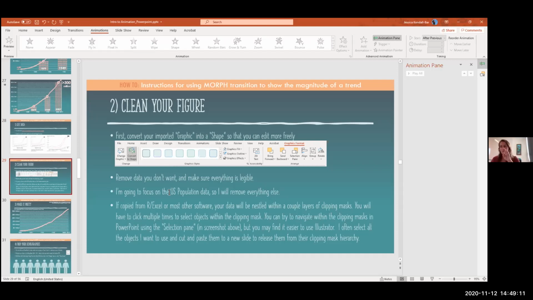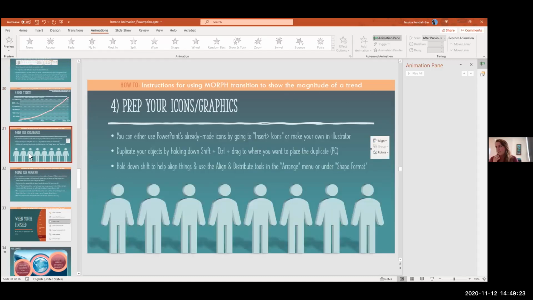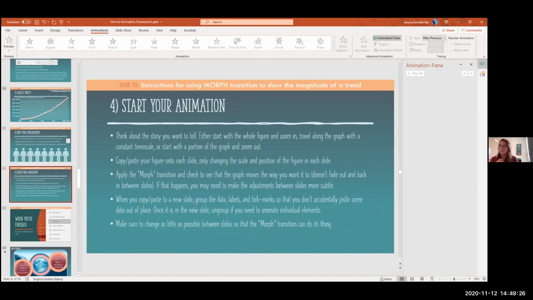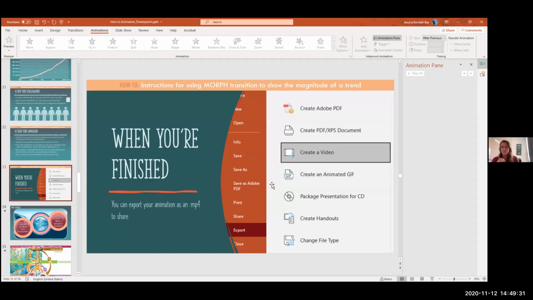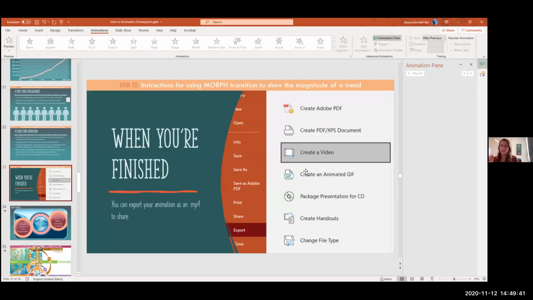So sometimes when you want to select something, you have to select it like a million times to get to the very depths of the figure and the clipping mask. Make it pretty, and then make some icons, and then animate with the morph transition. And then when you're done, you can export that animation by creating a video. So in file export, and then you have an animation, an MP4 file,